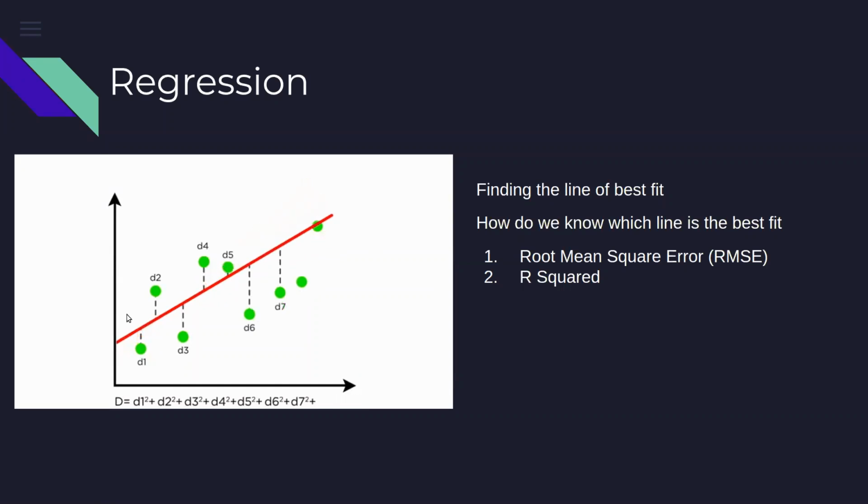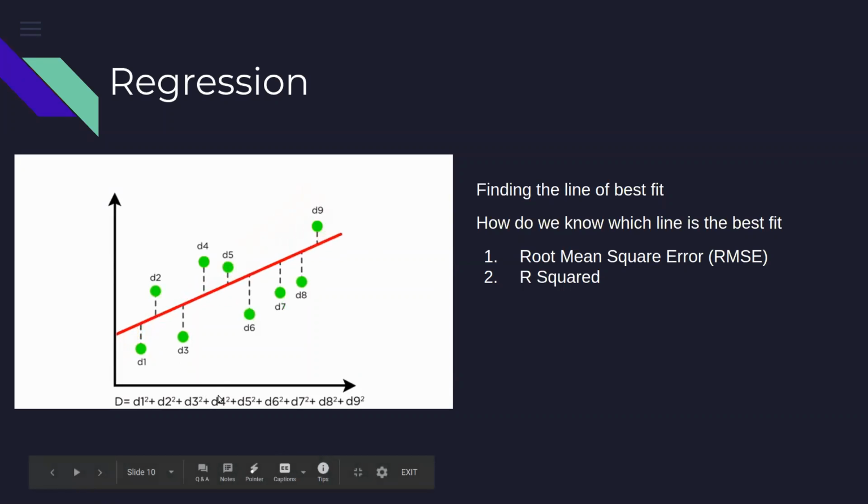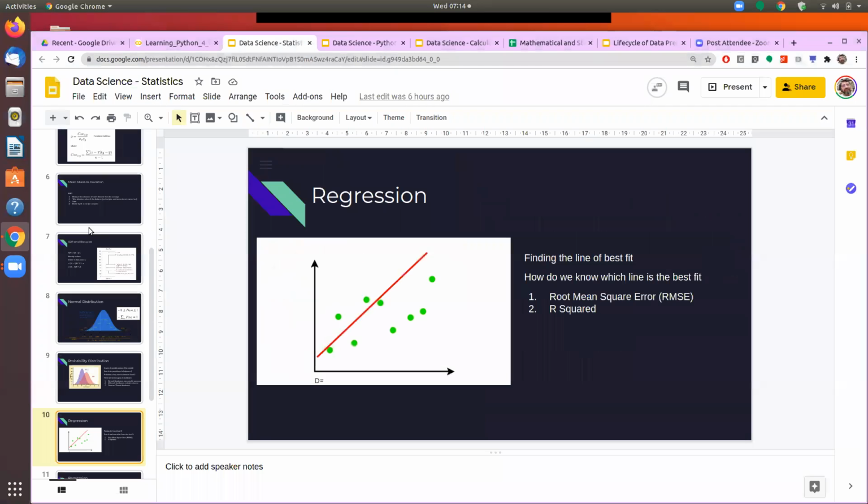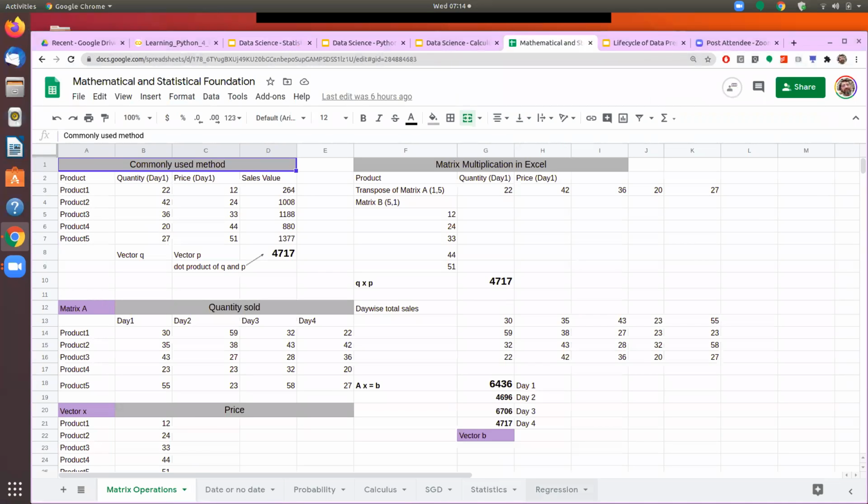Now, what you are seeing here in the graph is the relationship. The x-axis holds the data points of the independent variables, the variables based on which we'll make the prediction. And the y-axis is where we put the data about the dependent variable, the item that we are going to predict. Let's see this in the Excel sheet where we will actually do the computations. Let's go to computations.